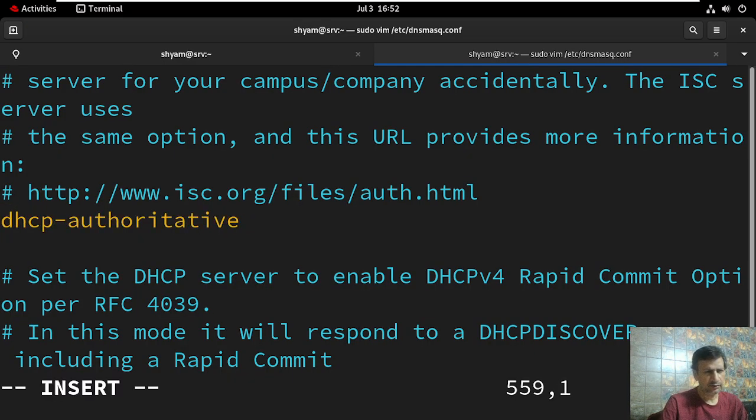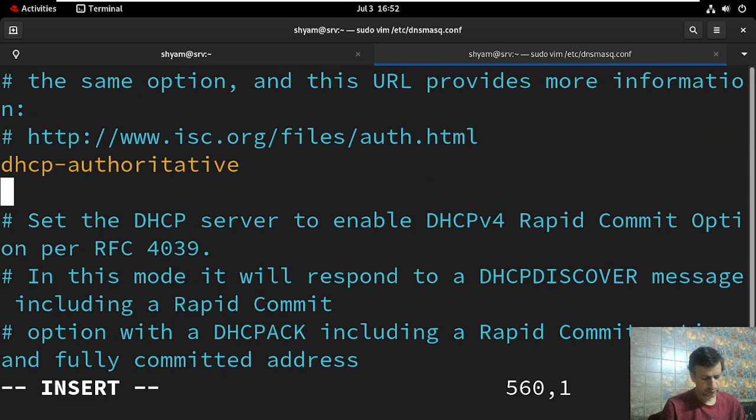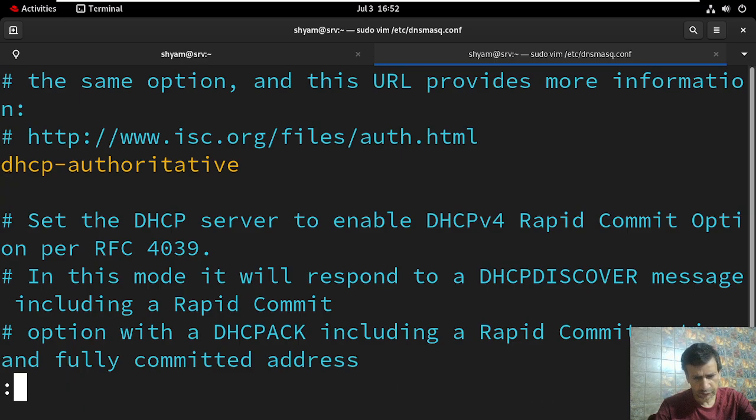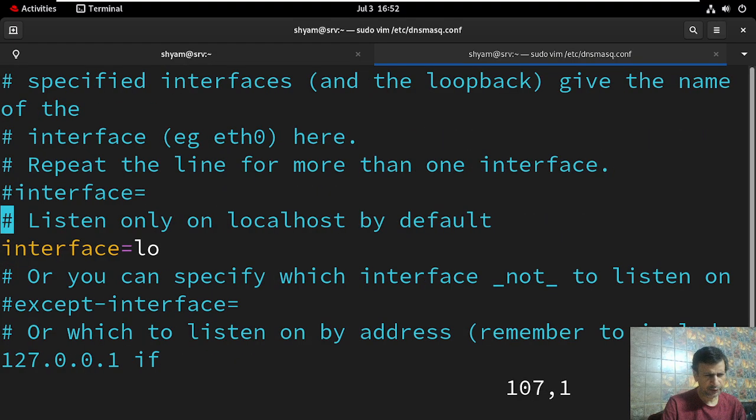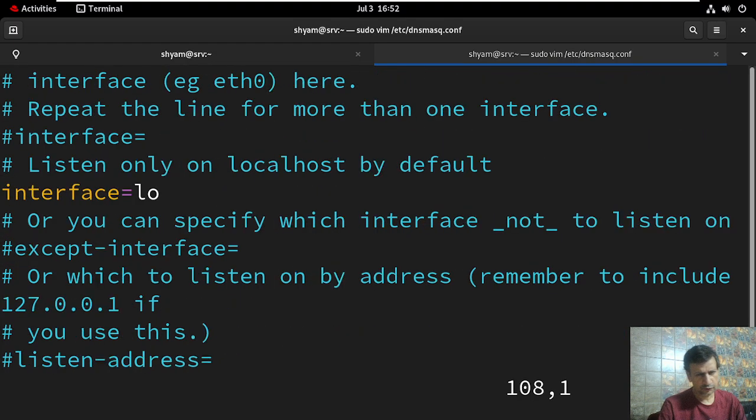Uncomment this line, remove the hash, right? Now go to another line, 106. Here you have to define your interface, right? So, what is your interface? You need to know it. In my case my interface is ENS160. So this is the interface,